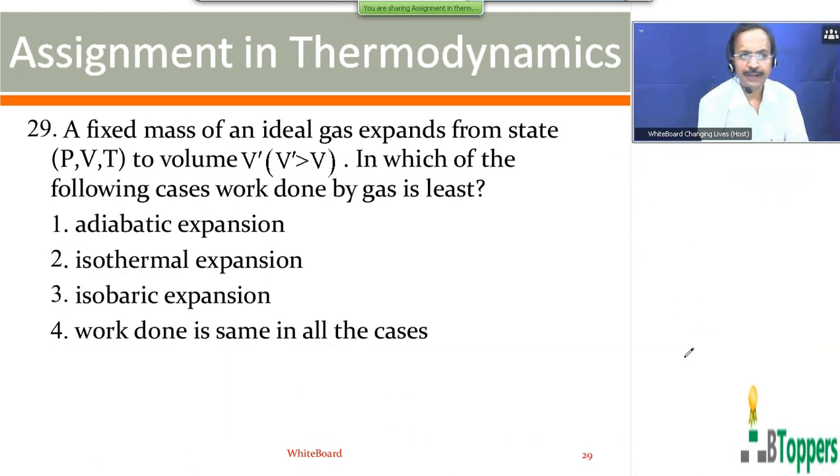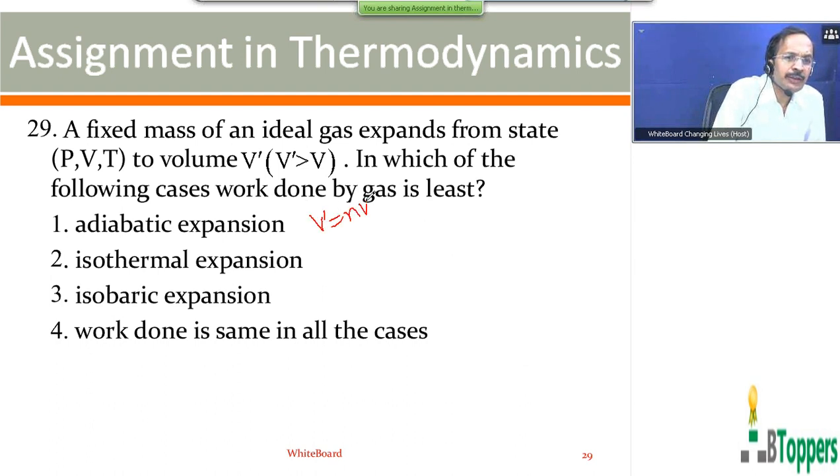See the question number 29. A fixed mass of an ideal gas expands from state P, V, T to volume V dash greater than V. In which of the following cases is the work done by the gas least? So not just answering the given question, I would like to explain the discussion with the help of a PV diagram. Let us suppose in each case the final volume of the gas